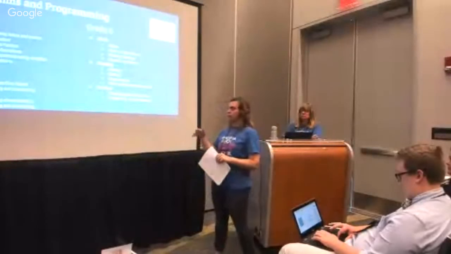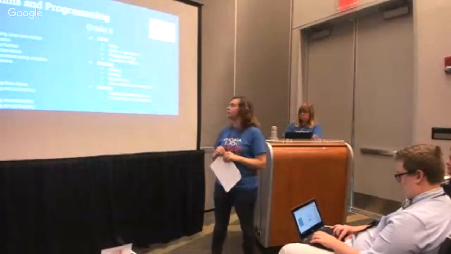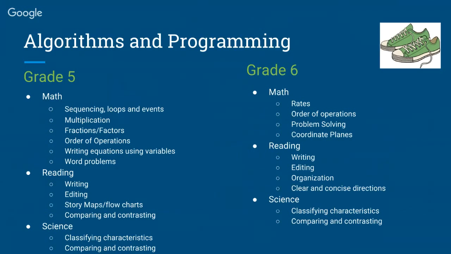So when we're using computer science, we're using coding, we're bringing in those skills that they should already know from math. Math 6, one of the new things this year is rates. It came from 7th grade, and we taught that first in our district, and I thought this is the worst thing that we could have taught first. They don't get it. But if we taught coordinate grids first, coordinate planes where we can teach those graphs and things, it would have been a lot easier for our students. So now I'm going back and kind of reteaching those things.